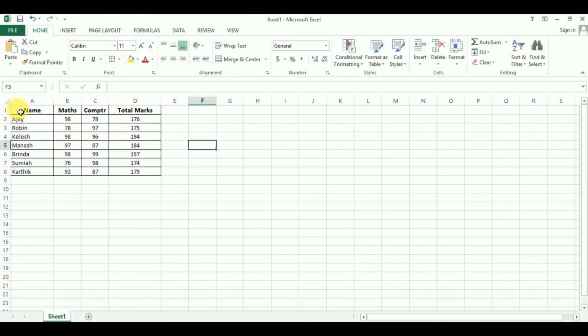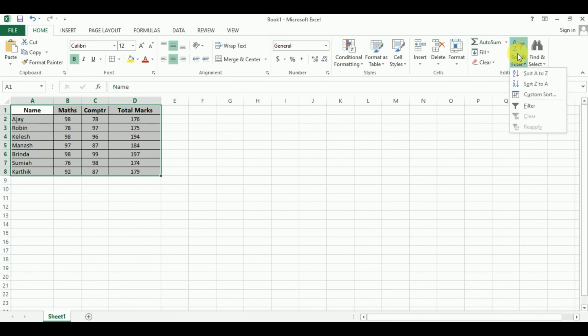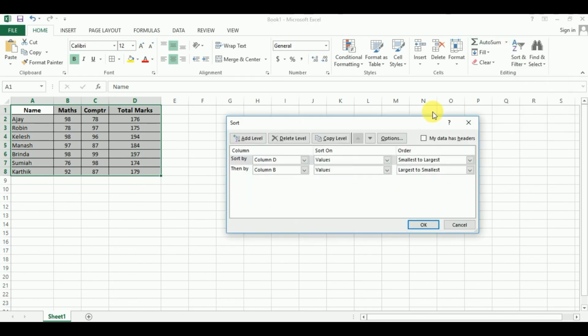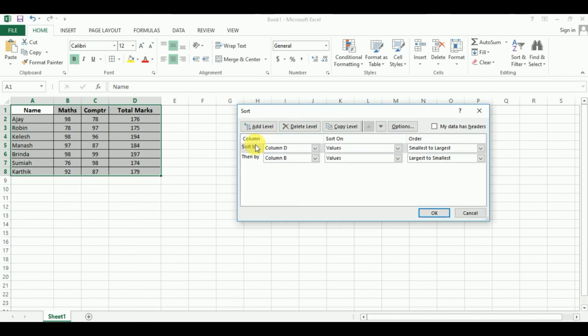So how can I do it? Go to the Home tab, click on Sort and Filter, and click on Custom Sort. Okay, so you can see sort by which column you want to sort. Suppose I want to use column A, values, order A to Z, yes, correct.